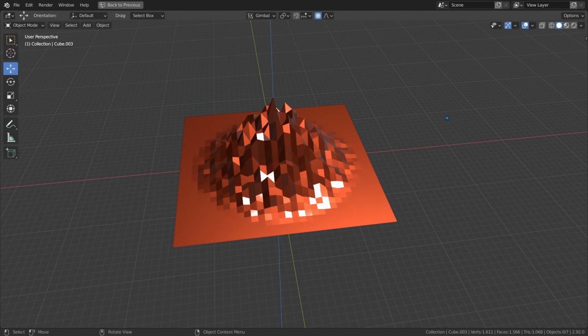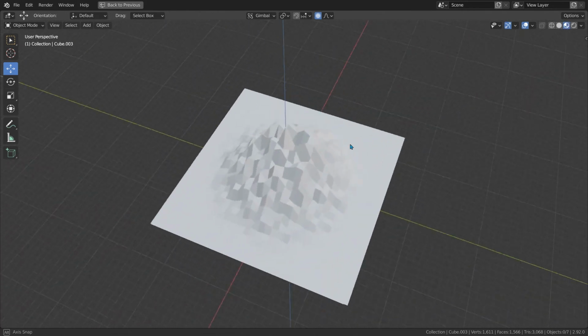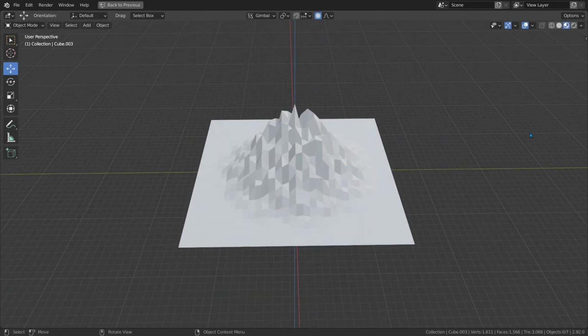I find this shading style the most useful for everyday use, and it will probably be the one you'll find yourself using the most. I tend not to use the others unless I have a very specific selection I'm trying to make or I'm about to render a model. The material preview will show you what your actual objects look like with the material you have assigned to it. Since it currently has the default material, it'll show up as white. Rendered shading will render the viewport using whatever rendering engine you have selected.